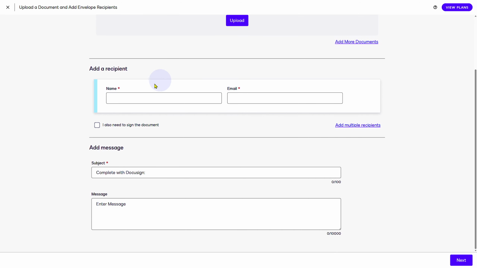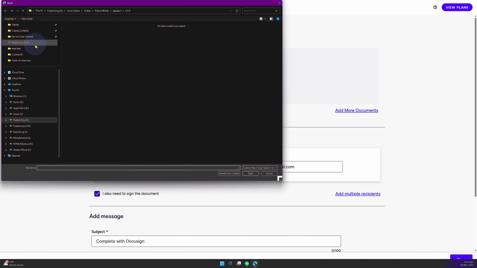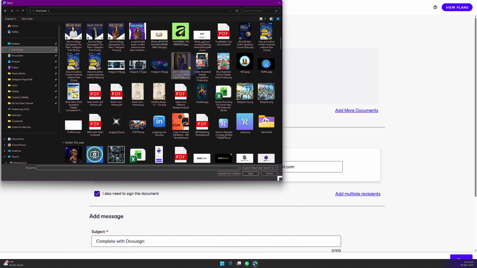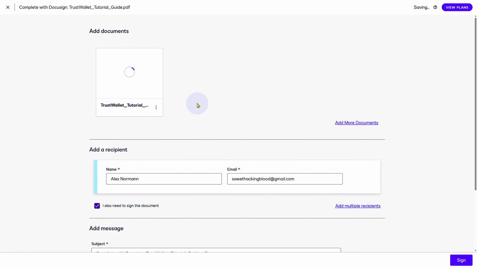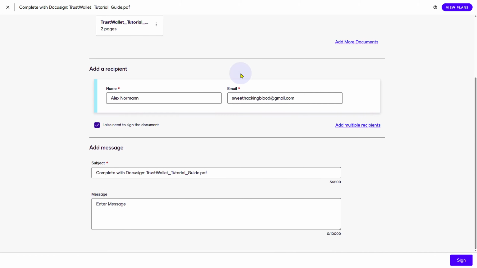You can add in here the name of the recipient and a message with a DocuSign. Now the important thing is on top that you're going to be simply uploading the document in here. So choose any document from your storage that you want to simply get signed. Click on open, just wait for a couple of seconds, and we got a document ready